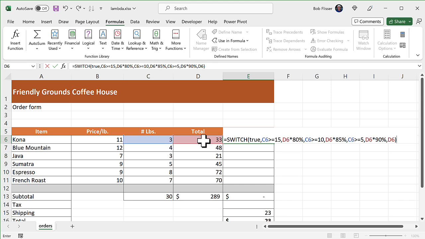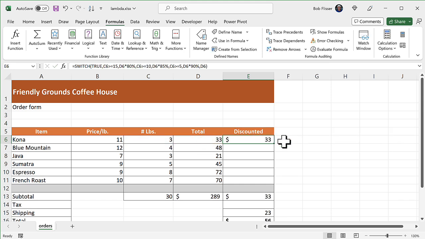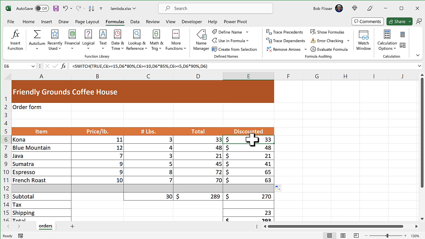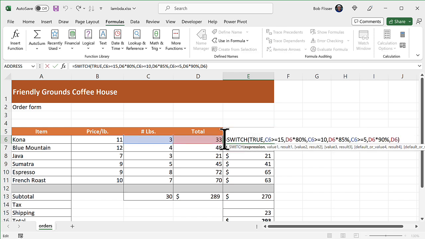Close the parenthesis. Let's enter it. Okay, that's fine. And let's autofill it. And now we can see. All right, so these first three, there's no discount, but now these three, you see we do have those discounts applied. Again, to save myself some typing, I'm going to grab this